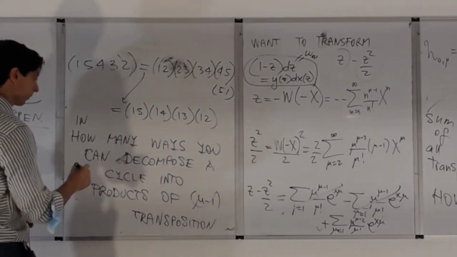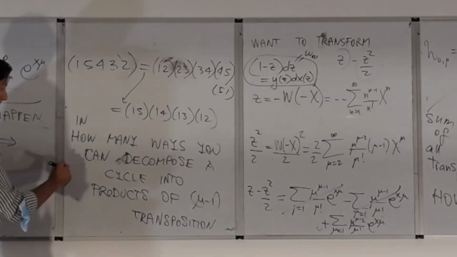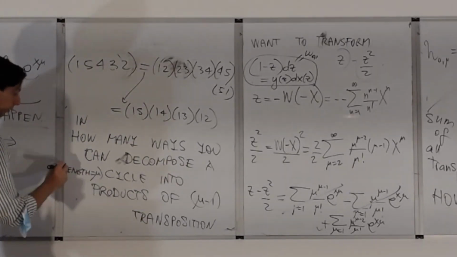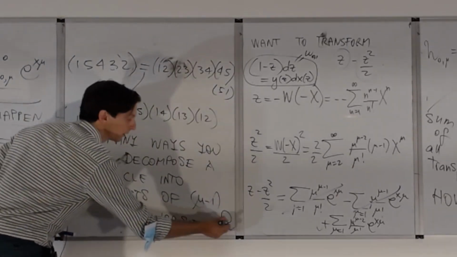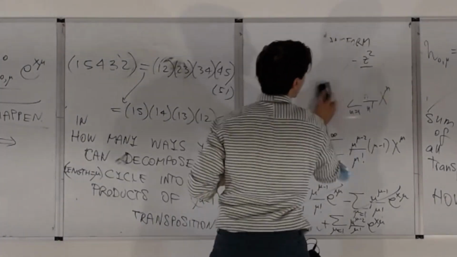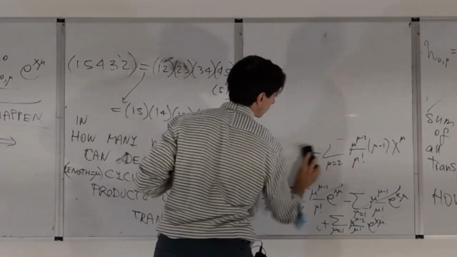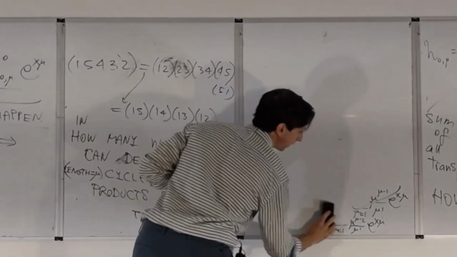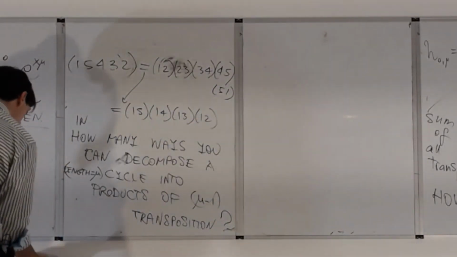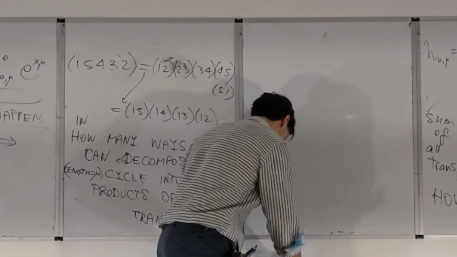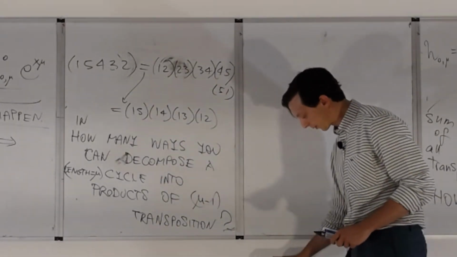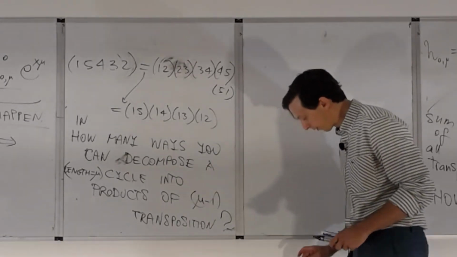And the cycle has length equal to mu. This is the question. And you might think that it's easy. It's not so easy. In fact, this is three theorems. I don't want to write all of them, but just so you know,